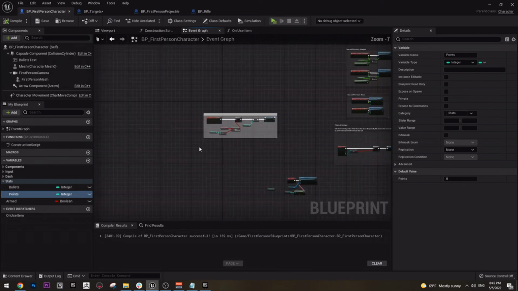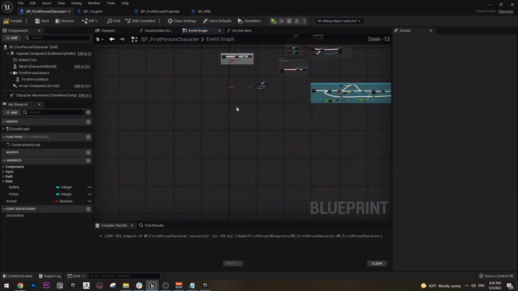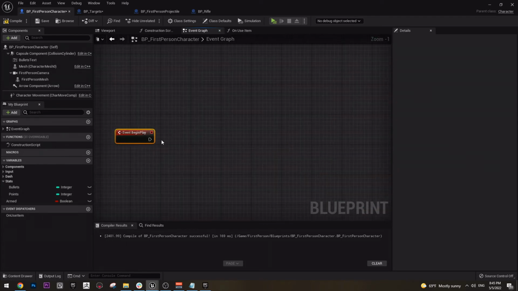So we will build our event dispatchers on begin play, and let's make some space because this will be a long one. So here we can just bind it,